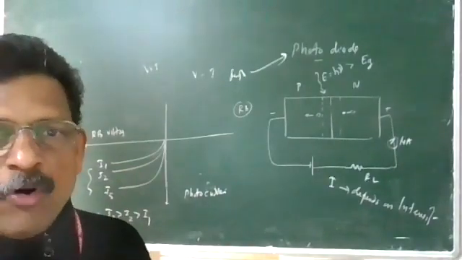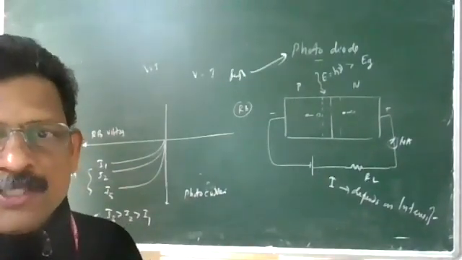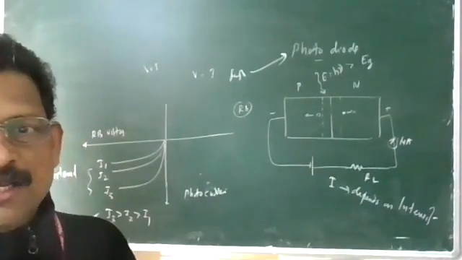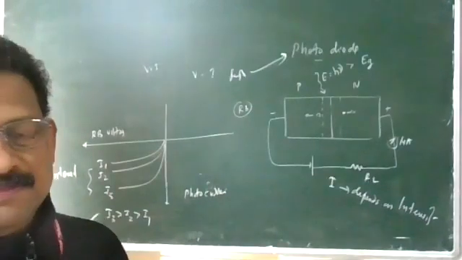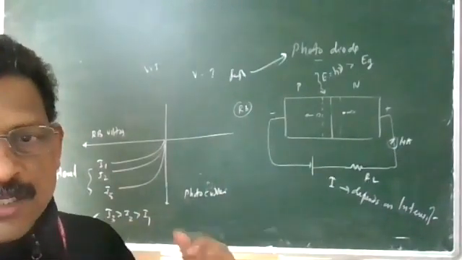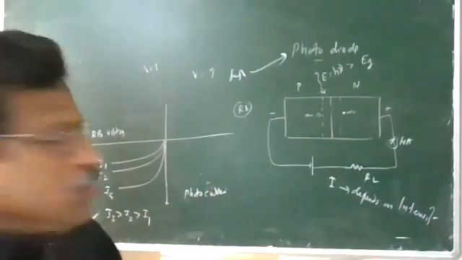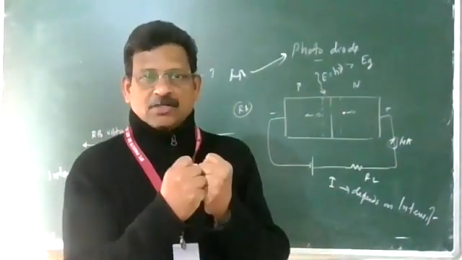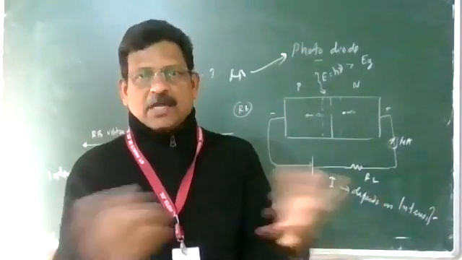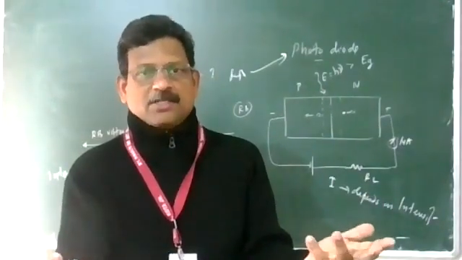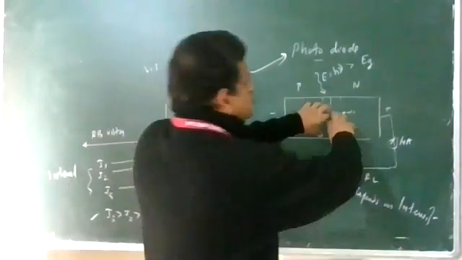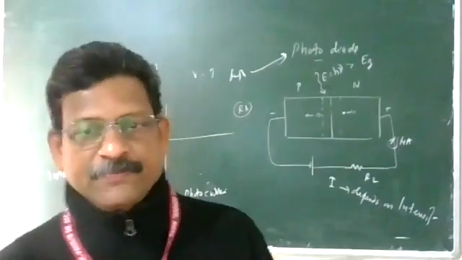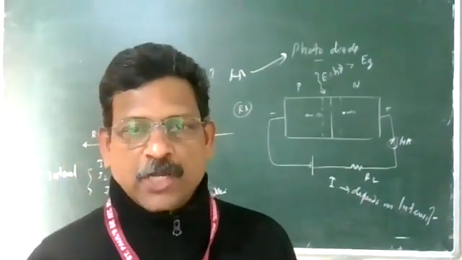Photodiodes are fixed in almost all video cameras, to convert light energy to electrical energy. It is connected in reverse bias. Why is it connected in reverse bias? Because the energy E equal to h nu is taken by the electrons and holes. Electron-hole pairs are produced, from the valence band to the conduction band. Then, to separate them, the reverse electric field is there. So this is the photodiode.